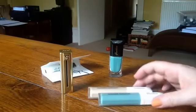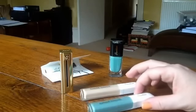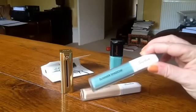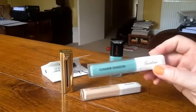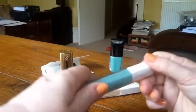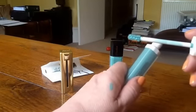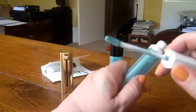Then these are the two summer shadows, waterproof allegedly. I can't swear to that, although I have worn both of them and they do wear pretty well, I've found. I was hesitant about this aqua, much as I love the colour. It's not really a colour I wear on my eyes very often, but I swatched it in the shop and I thought, why not? I might wear it occasionally in the summer. And I have tried it, and whilst the colour looks pretty intense in the tube, and you could use it pretty intensely to line your eye, in fact, it shears out on the lid, even sheerer than it's looking there,